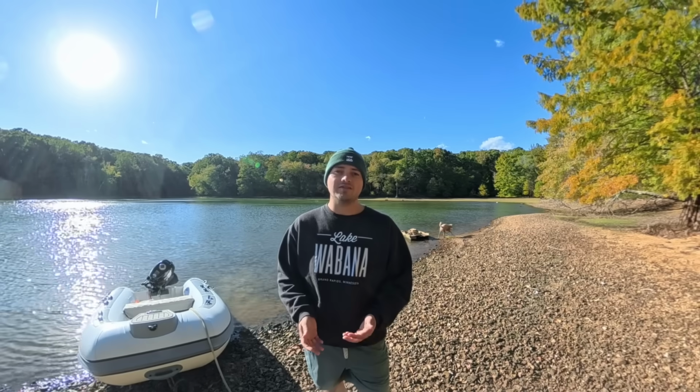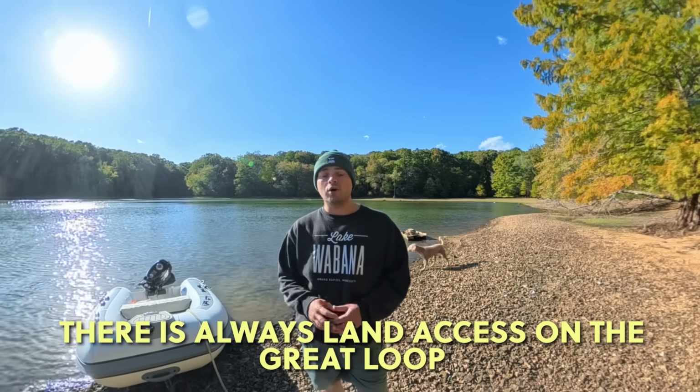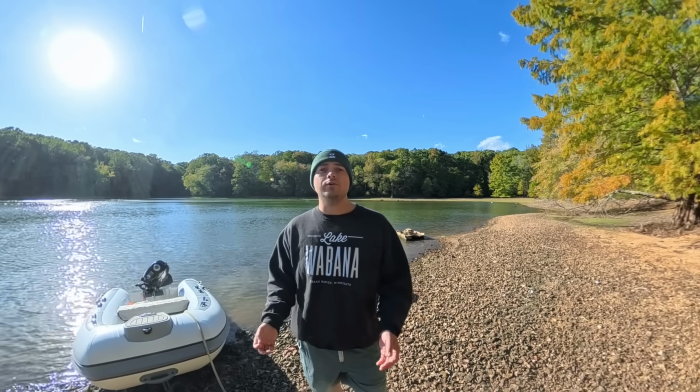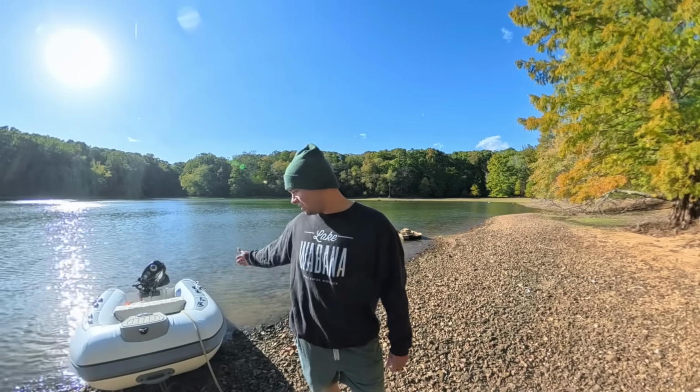We try to do it 3 times a day, which is good for us because it forces us to get off the boat, go for a walk, stretch our legs. And that's what's unique about the Great Loop. You always have really a place to tuck away. You don't have to do any overnights if you don't want to. And whether it's a marina, a free dock, or an anchorage, that's why it's really important to have a mode